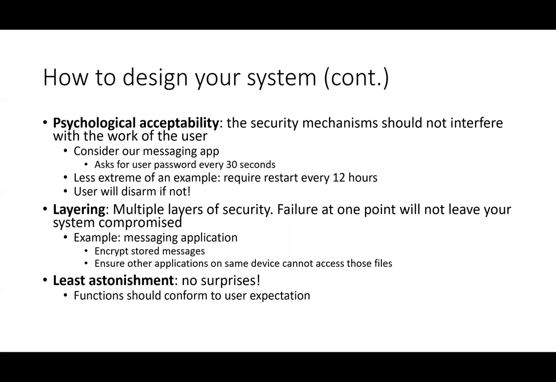Layering, so multiple layers of security. This is pretty intuitive. You don't want one failure of your security mechanism to completely leave your system open. So you have multiple layers of it to protect yourself. An example here is in your messaging application, you store your messages encrypted in your folder, and you want to also ensure that applications on the same device cannot access these files. For Android, they used to do this. I don't know if they do this anymore, but